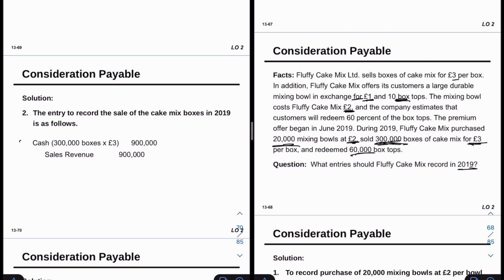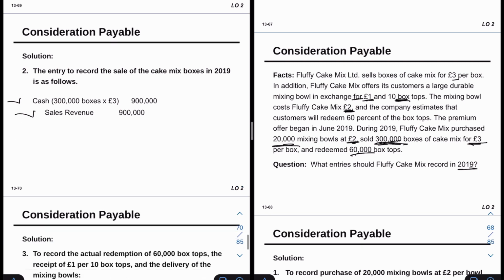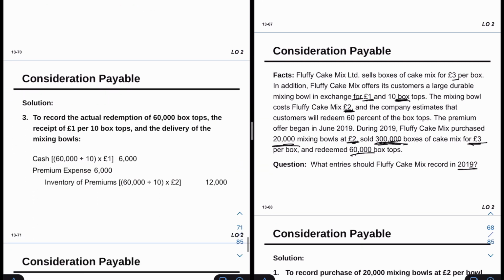So we will debit cash and credit sales revenue to be considered as revenue for the company. And then what we did exactly is that we redeemed 16,000 box tops,